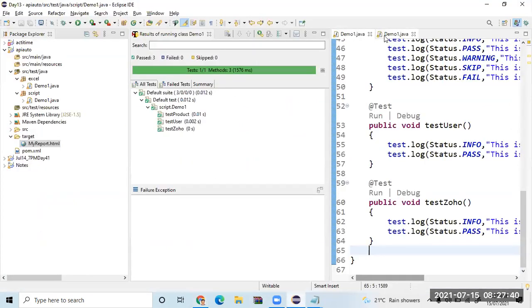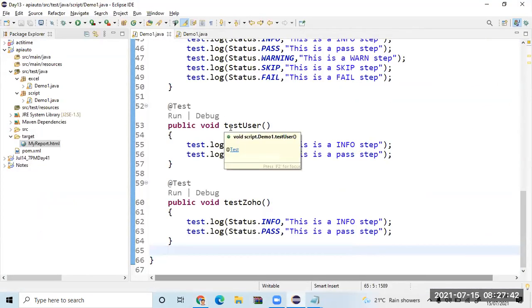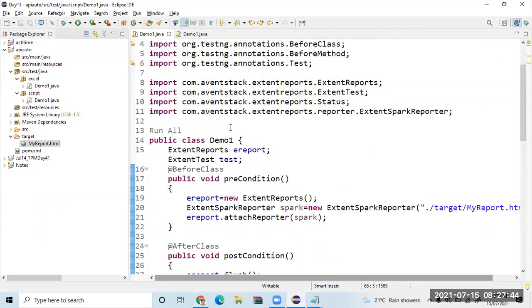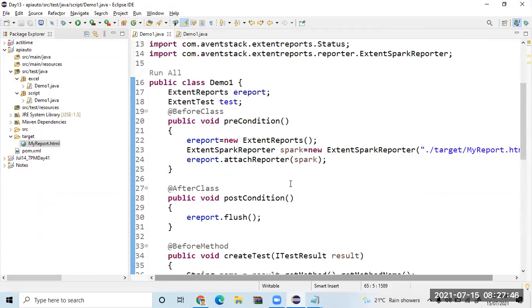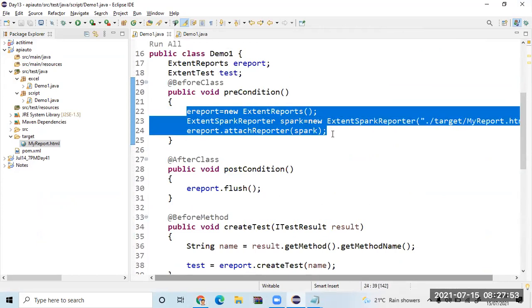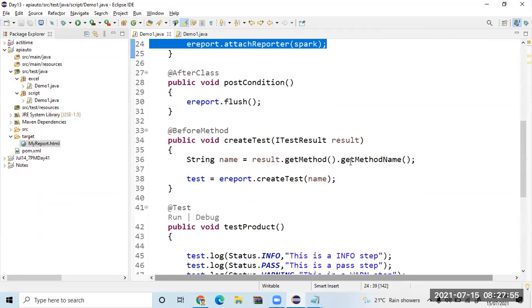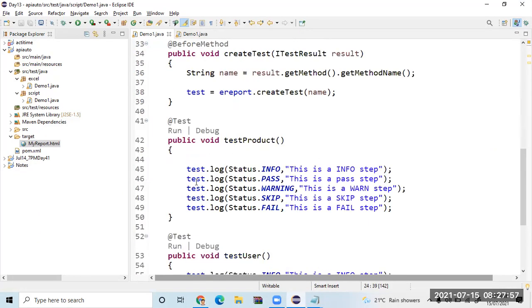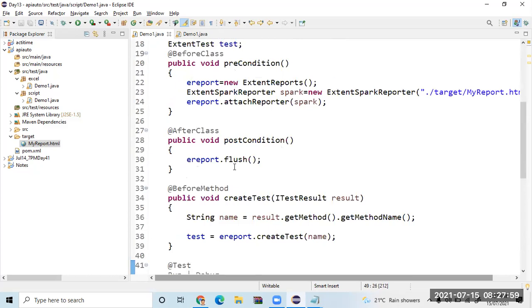This is the beauty of it. Definitely, you get more clarity when Chandru sir is using it in the actual framework. I just taught you the basics of it. What are the basics? There are 4 important steps. Never forget. Number 1, creating the Extent report and attaching the report. Number 2, creating the test. And number 3, logging it. And last but not the least, what is the last step? Flush. Flushing it. Any question till this? Understood this part? Yes, sir.